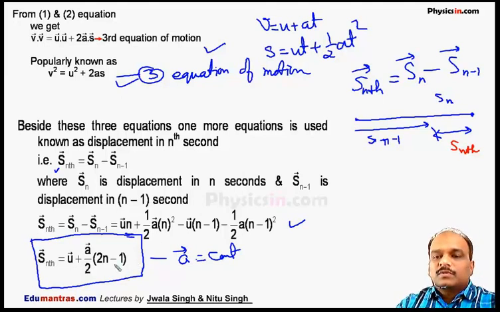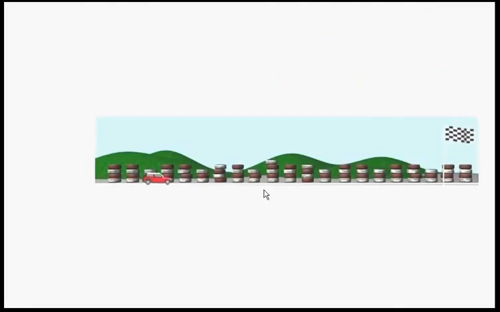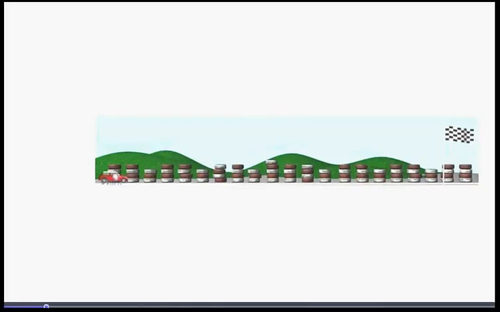Now I am showing you a video for constant acceleration. If the velocity of the particle is constant, what happens? Watch this car. This car is moving with a constant speed v0, so its acceleration is 0. I will repeat it again. Watch the motion of this car. This car is moving with constant speed on a horizontal road. It is one dimensional motion. In this situation, the acceleration of the car is 0, so it will continue moving with the same speed.